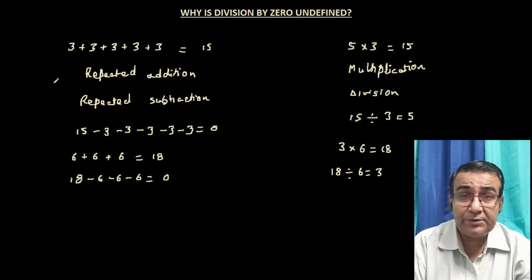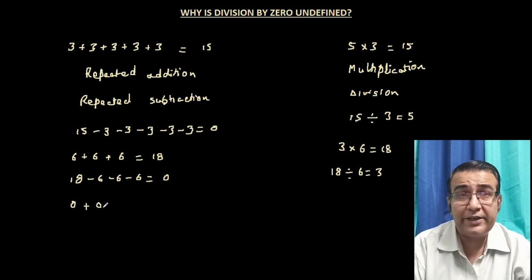Now in the first case we started with the number 3, then we started with the number 6, but I said I could take any number. What if I take the number 0? Well, I start with 0, add 0 to it, then add another 0 to it, then add another 0 to it. So basically I've got nothing in hand, I'm taking nothing, then again I take nothing, again I take nothing. So the final result is obviously going to be 0.